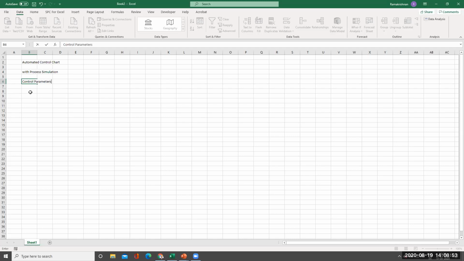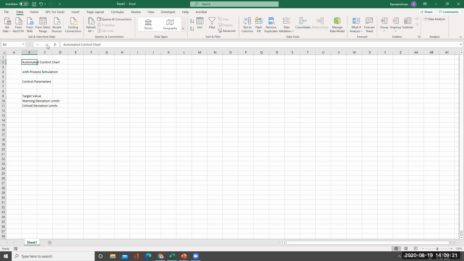We will have target. See, we will have the target value. And then we will have the warning deviation limits, and critical deviation limits, right?